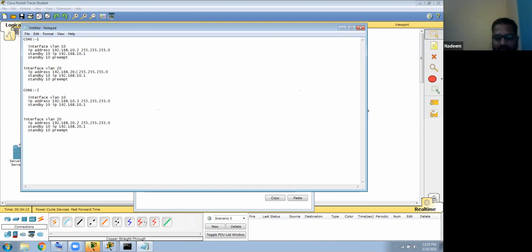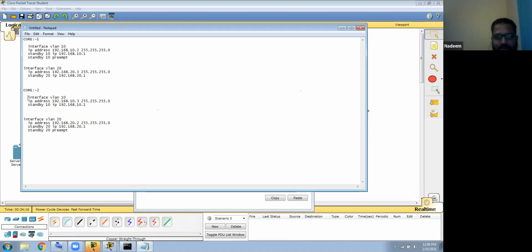The IP address will be 20.3 again, with VLAN 20.1 as standby. I will remove this and also change this standby: this should be 20, and this should be 20.